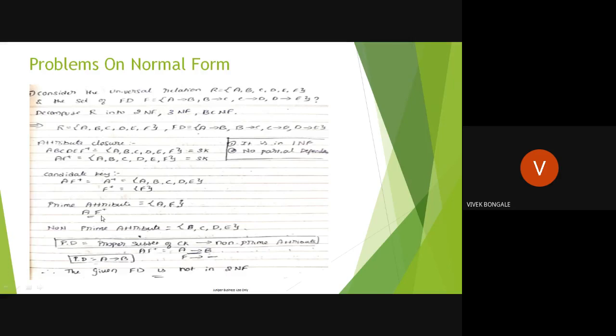Next we are going to check F now. Another attribute F. We have two attributes here, right? So next we have to check F. Is F there at the right hand side, B, C, D, E? No, F is also not there. It means that in the given functional dependency, we have only one candidate key, that is AF. No other candidate keys are present in the given relation, right? So A and F, these two are the prime attributes.